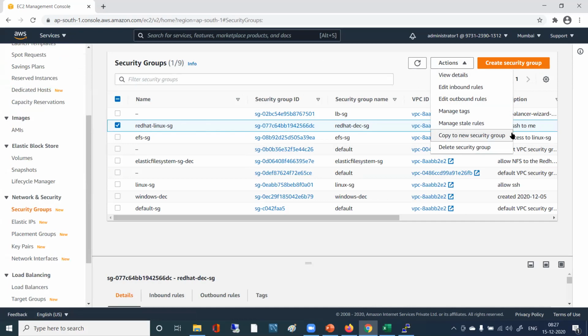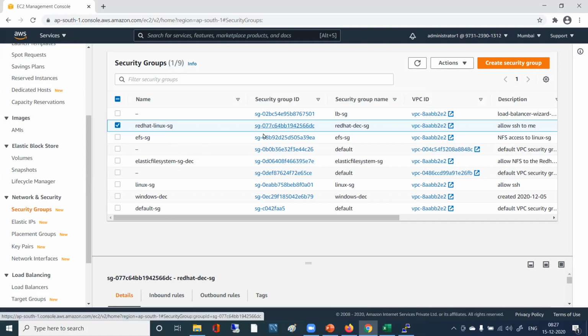So you can add that rule, whatever rule you are having, right? That SSH. You can allow SSH and you can use that one, right? One option is that. Another thing is, for now, I think you can add that one. And you have the other security group also, right? Yes, I have Elastic File System Security Group and Red Hat Linux setting. Both I have.